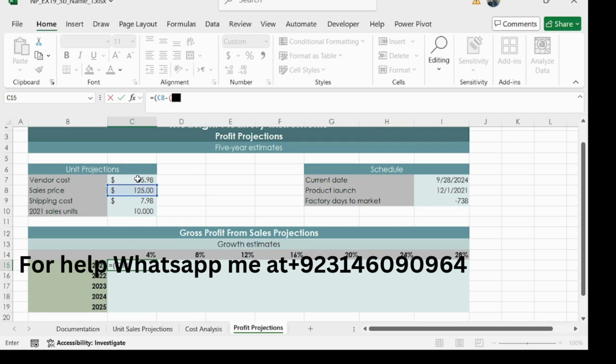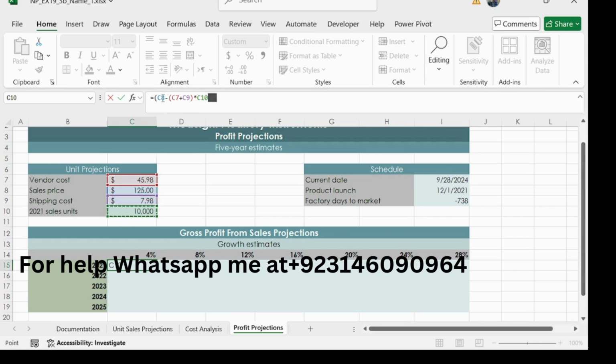So C7, select this one and plus C9, this one like this, and close the bracket and multiply by C10 like this.